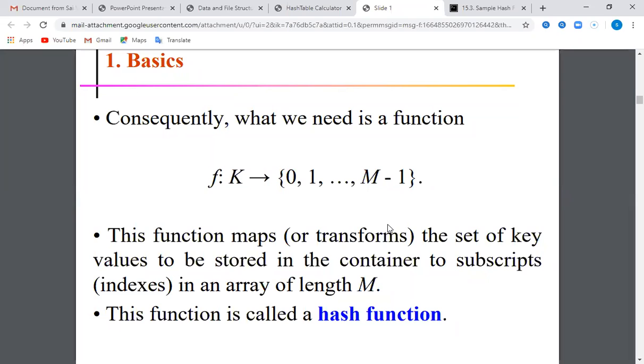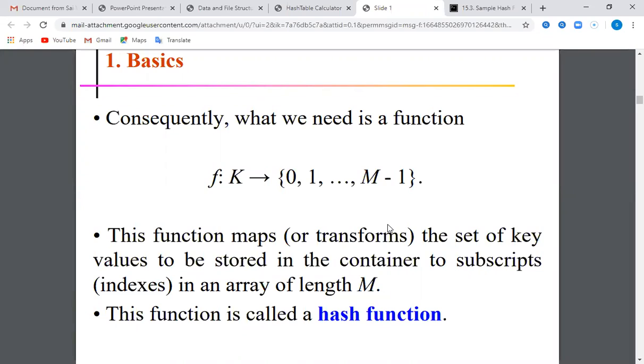So the way in which we store the key values into the hash table with the help of a hash function is called the concept of hashing. Here in hashing, the most important part is the hash function. What does the hash function mean?